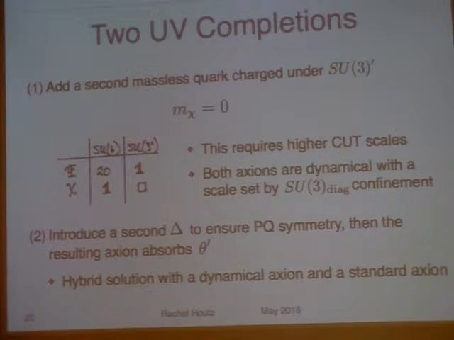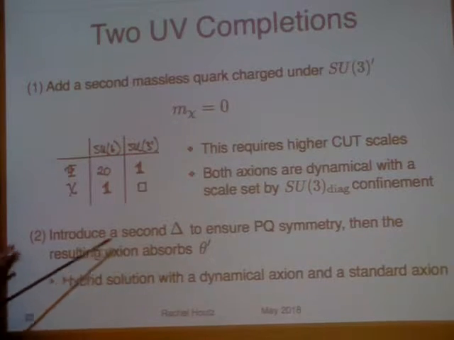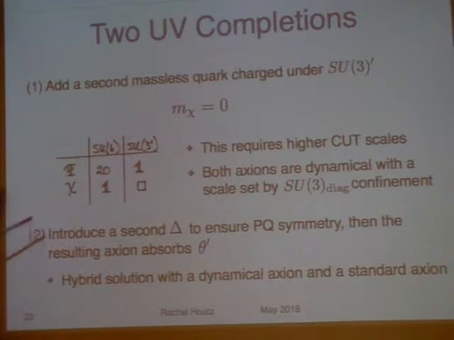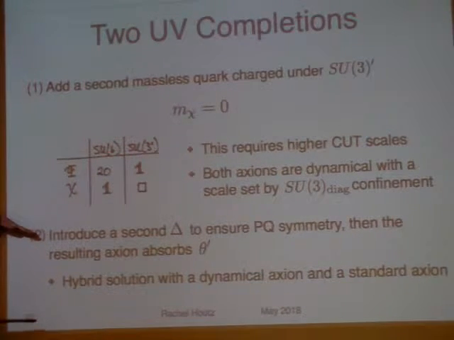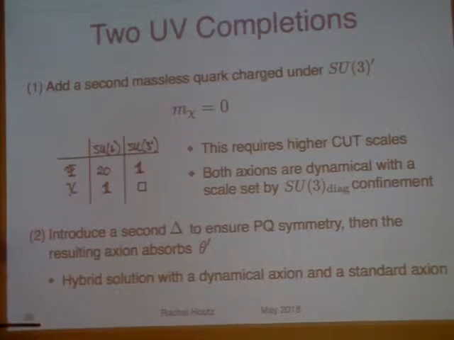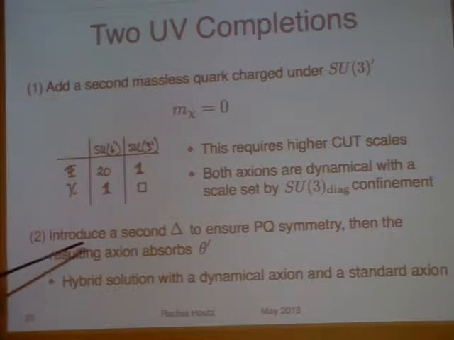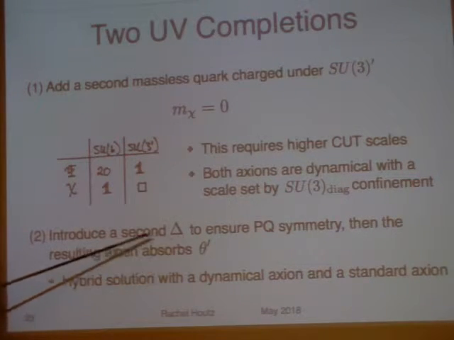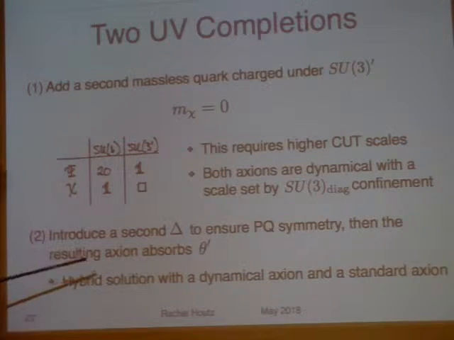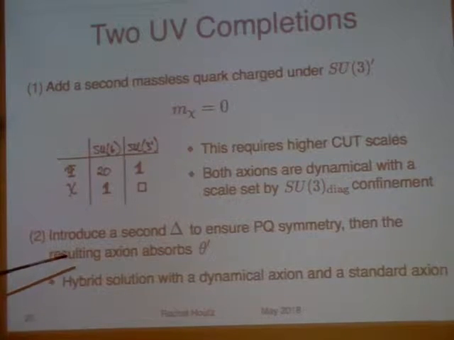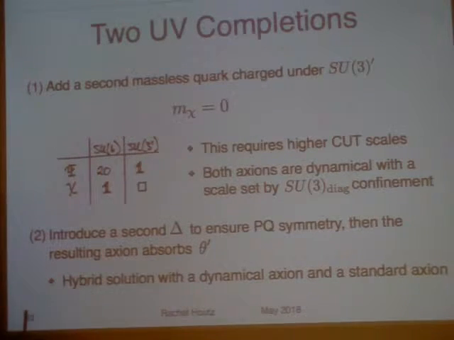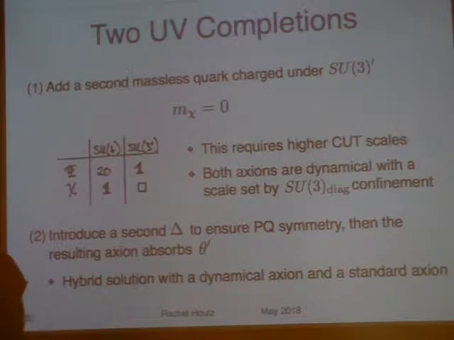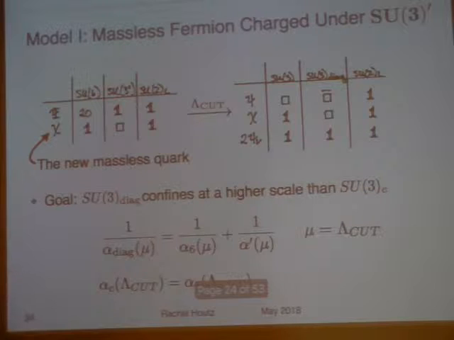Okay. Yes. So in model 2, it's sort of like we'll do model 1 first, and then model 2 has some differences, so we'll go over it in some sense. But yes, there will be another axion in this that absorbs the theta prime axion, if you want. But remember, these are two issues that are solving this theta SU3 prime, which is sitting very high. So these are kind of UV completions, but they do have pretty important implications for the phenomenology.